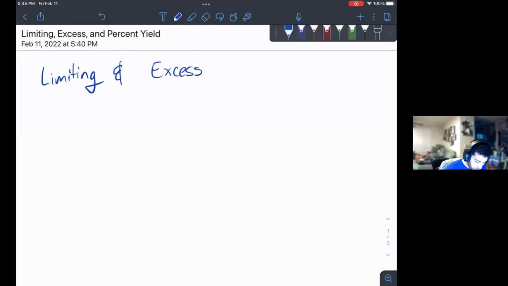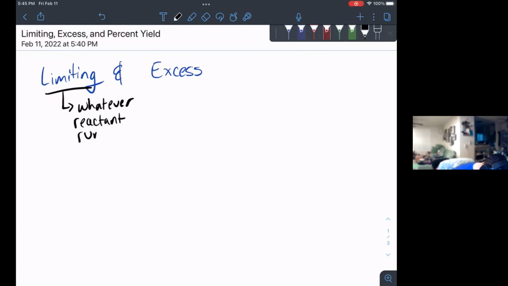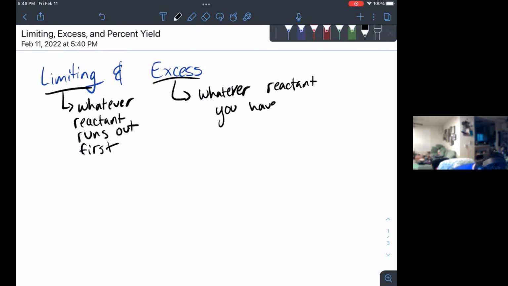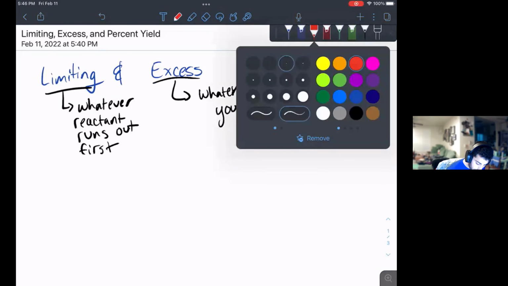With limiting and excess, it's kind of self-explanatory, but limiting is whatever reactant runs out first, and excess is whatever reactant you have left over. So a quick example that you see probably every day is, let's say you go to